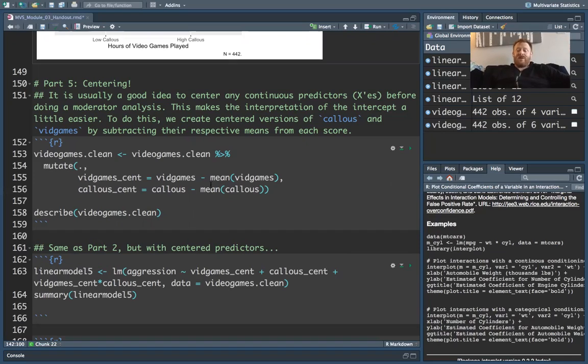The reason we do this is it makes the interpretation of the intercept and the interpretation of the model a little more straightforward. So here's how you create a centered version of a variable. All that centering does is it takes a person's score and subtracts the mean. So if I